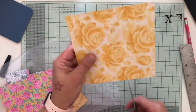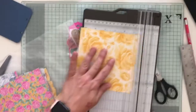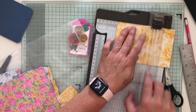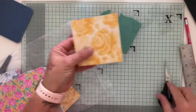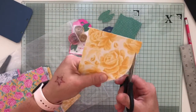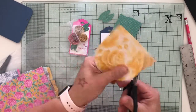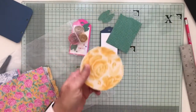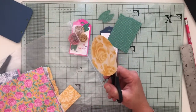To create the flowers, I'm going to trim this piece of DSP to about a 10 centimeter square. So 10 centimeters square. I'm then going to round it off by just going around and around. This is really not very circle-ish. Well, it is kind of circle-ish, but it's not very circle. If you want to be really precise, you can use a die. But again, I was trying to do it so that if people haven't got loads of supplies at home, they could